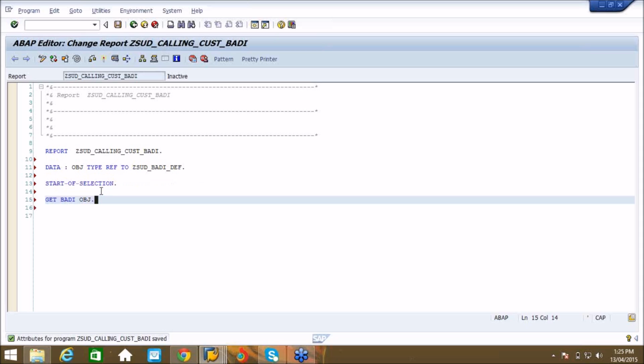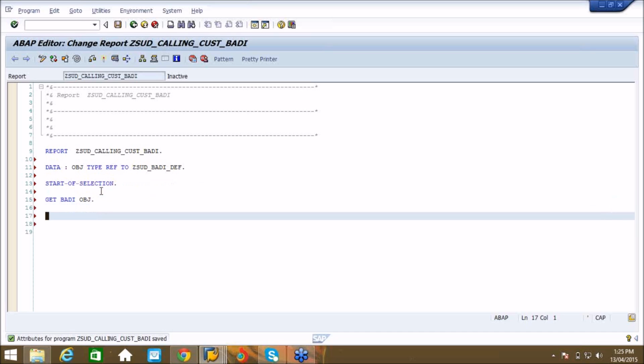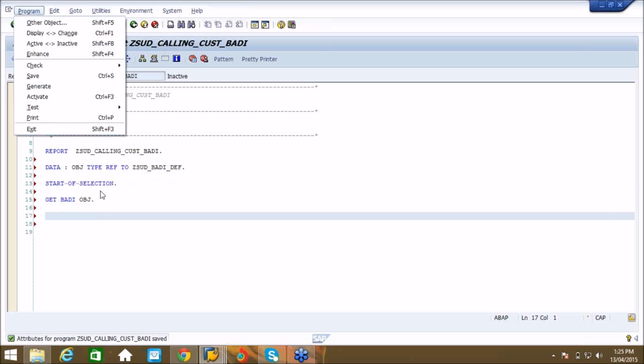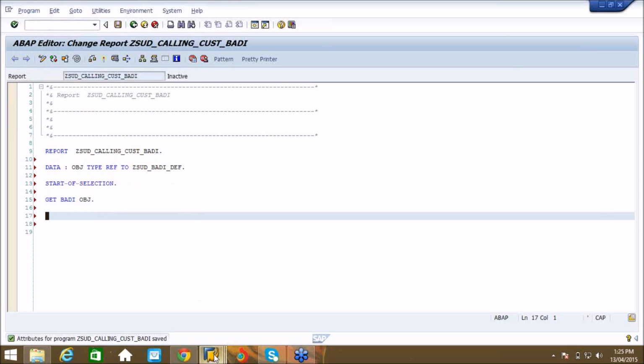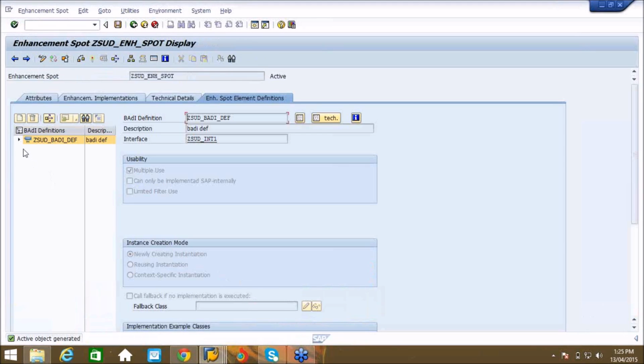The GET BADI is something like your create object, which will load the instance of the body into the particular object. Then after that, in your body implementation you have a method. What is the method name? Write data probably, right? So let us see what the method is.